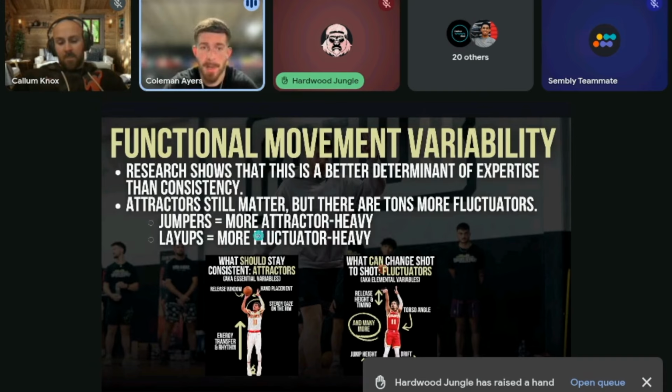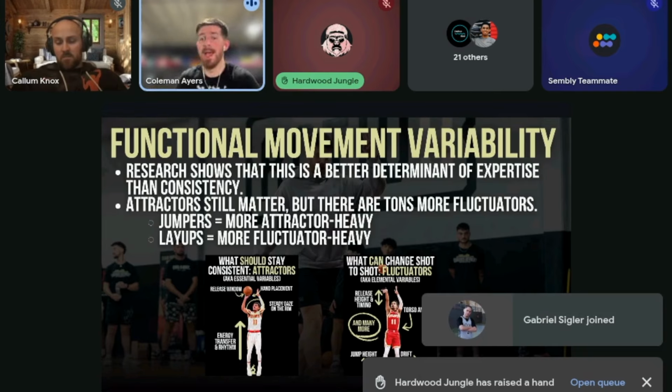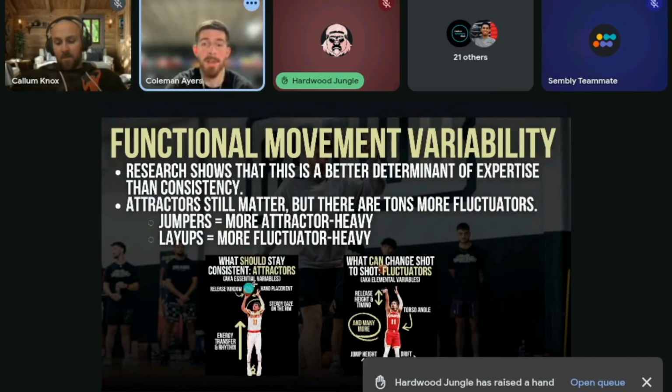So these are way more fluctuator heavy and the jumpers are a little bit more attractor heavy. Even with them being more attractor heavy and wanting to keep some more stability here, there are still far more fluctuators than attractors. These and maybe a couple more are the core things that we want to keep consistent. Everything else, once we get to a point where these are consistent in an unchanging, easy environment, the goal of